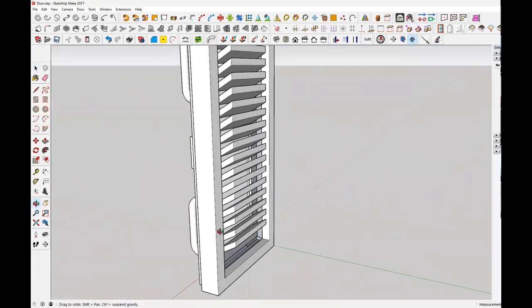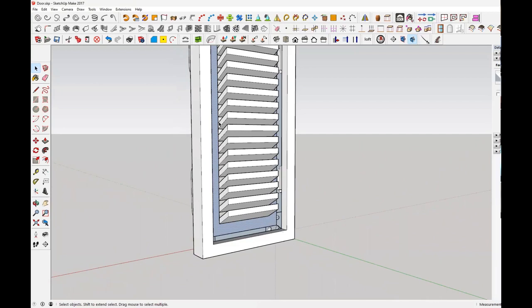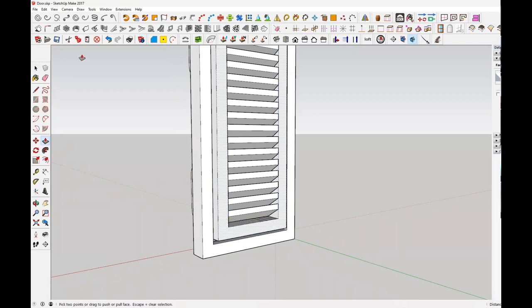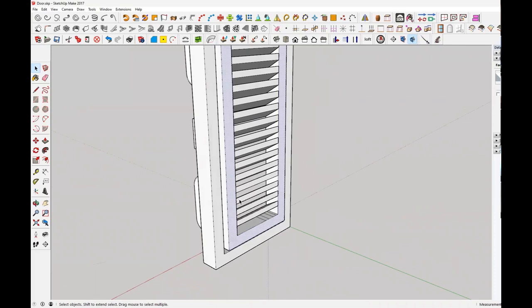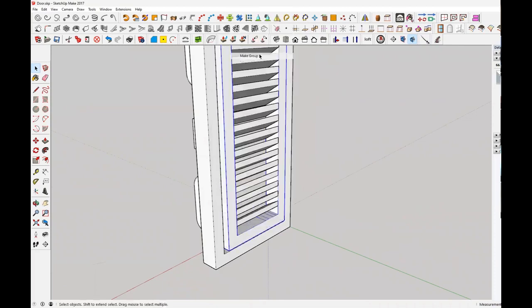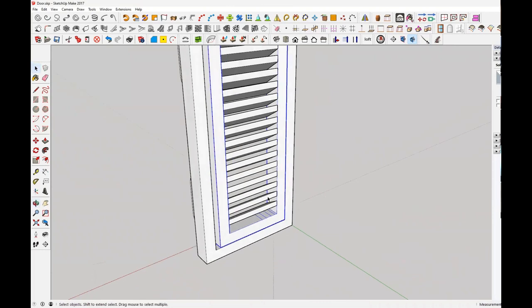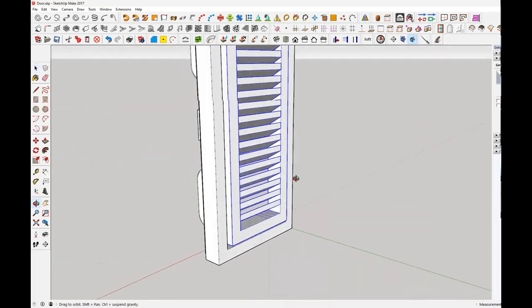Good. But you'll find that our frame now doesn't cover the back. So if we click on the frame and we pull, it covers the back. Yep. Triple click, right click, make that a group. So we've got the frame, and we do a control with the Louvres. We right click, we make that a group. And then,